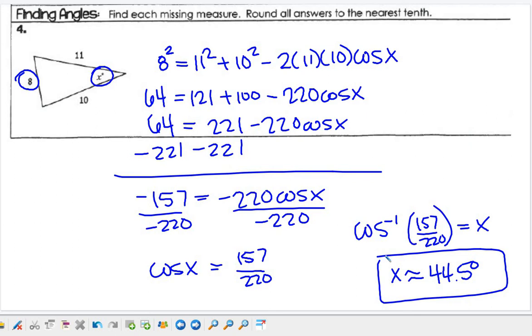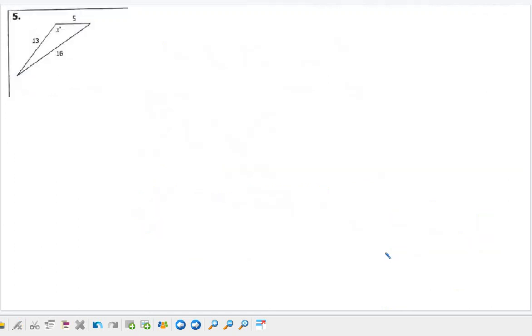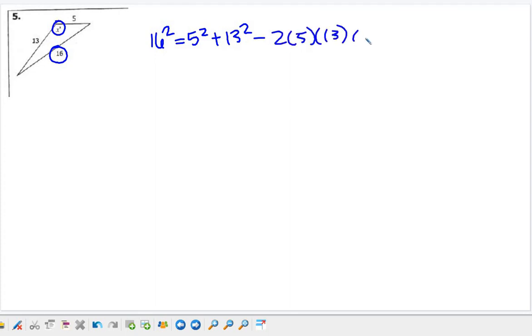Alright, so let's look at the next one. So same thing. So if this is the angle I'm looking for, this is the side that has to be on the outside. So 16 squared is equal to the other two sides squared minus 2 times the other two sides times cosine of the angle I'm looking for. Okay, so 16 squared,